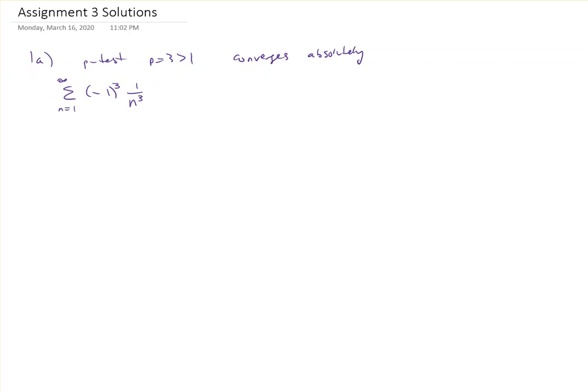And I need you to recognize that this is just literally this. It's not even alternating. It's just the negative of something that we talked about before by the p-test that converges, right? 1b,